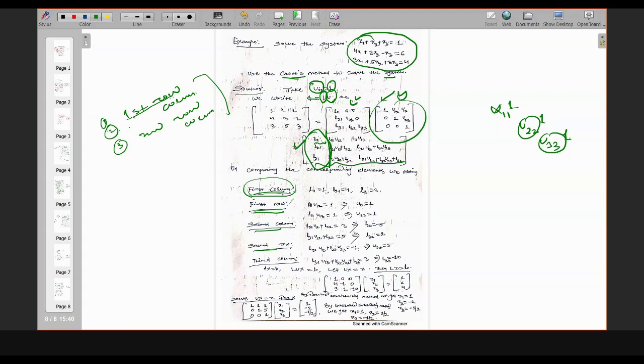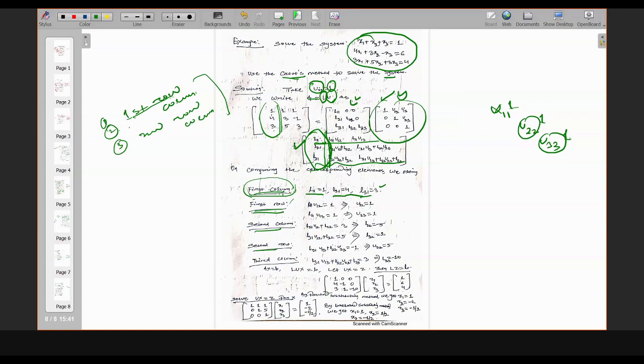Okay. Now you see what happens. Suppose you go with this, then you can't find the solution. So that's why you need to go for first column. It is easier to evaluate. First column means all are single elements. You see L11, L12, L21, and L31. So the corresponding elements on the left hand side matrix are this first column, and then after comparing you get L11, L21 is 4, L31 is 3.